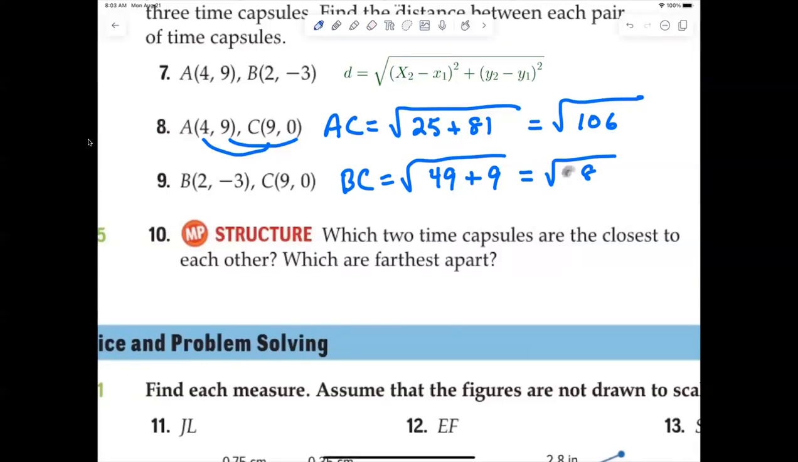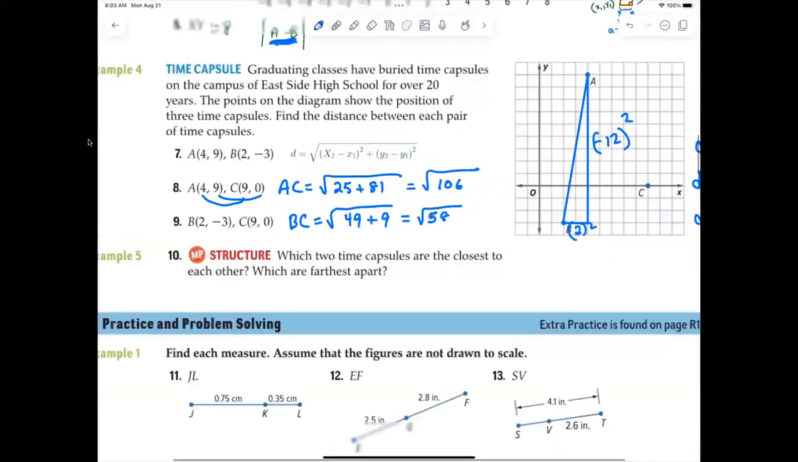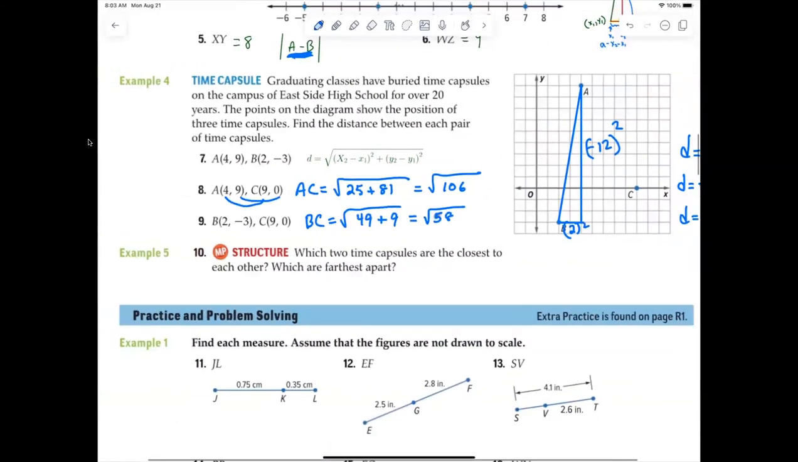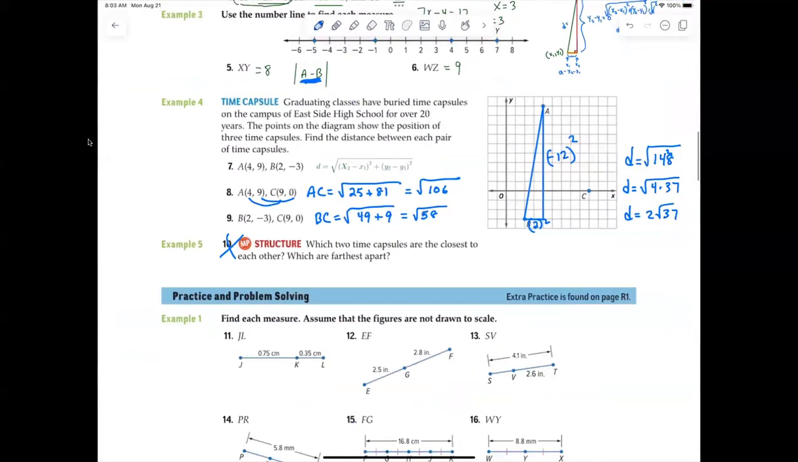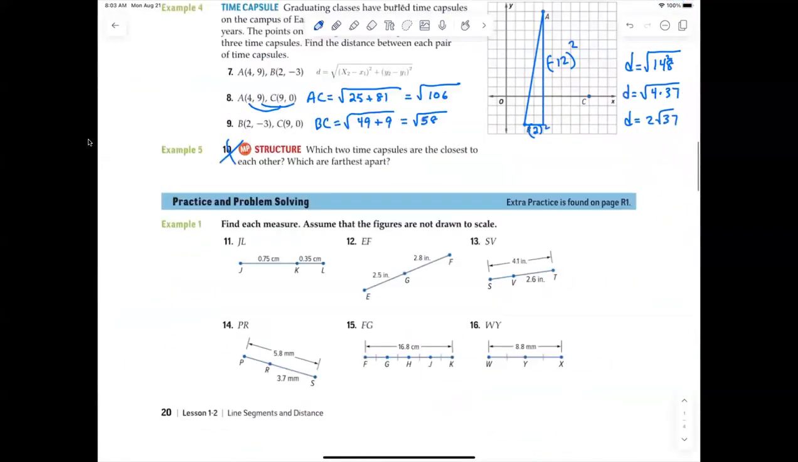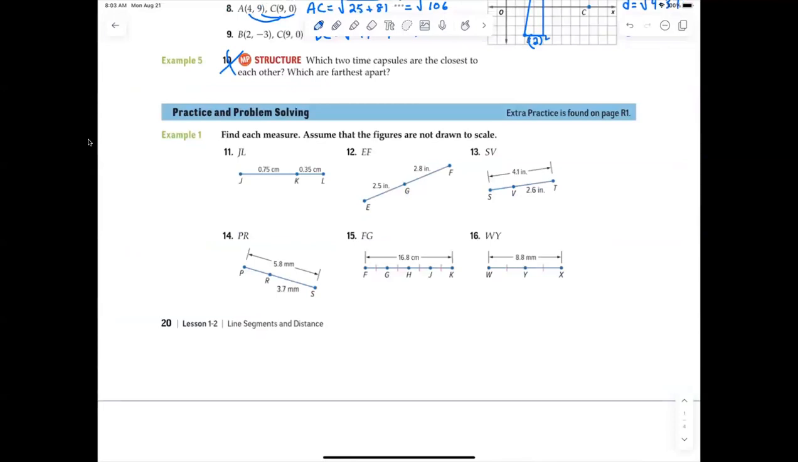I'm still in process. Anybody have any issues? Anybody? All right, I don't really care about number 10. That's just saying which distance is greater and smaller. How easy is that? Okay, so now let's go ahead and